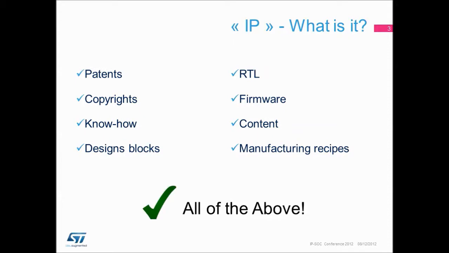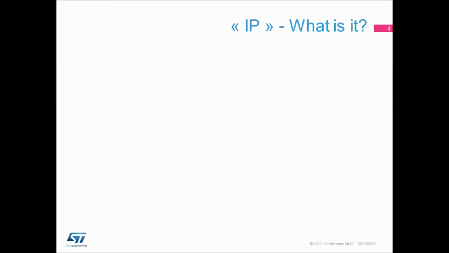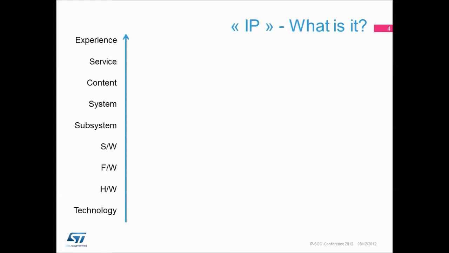This is what we really think at ST of IP in general terms. And we actually buy all of these things on a regular basis as part of our strategy. Now, the way to think of IP in general terms is, in order to deliver an experience to a user or a consumer, you need a number of things. You have to have a service. You have to have content. Obviously, you have to have a system to deliver that content. You have to have these components, these subsystems, and so forth,